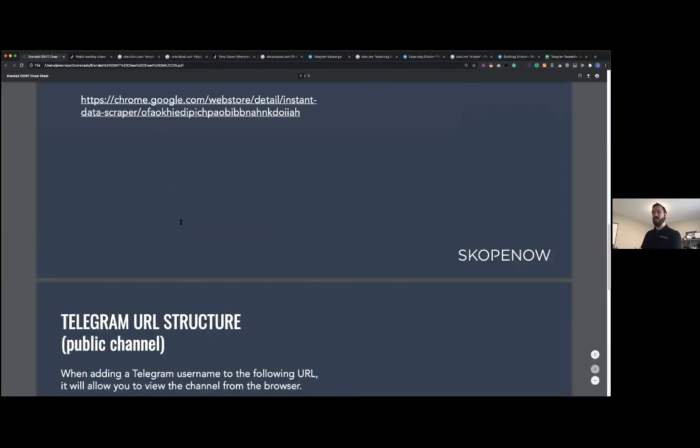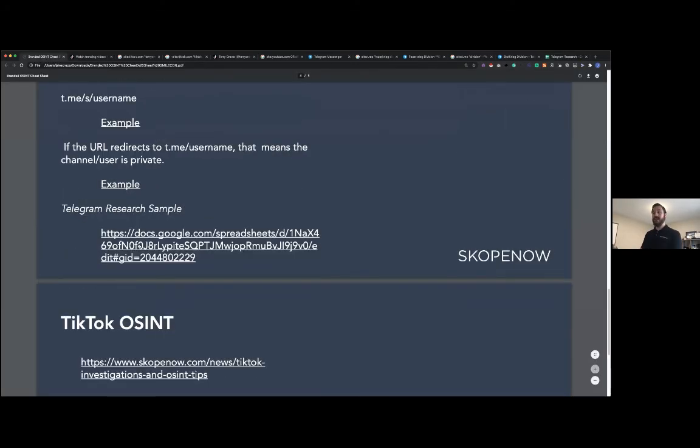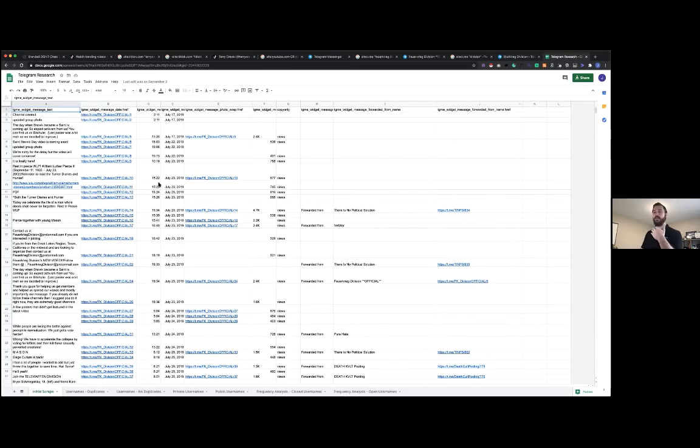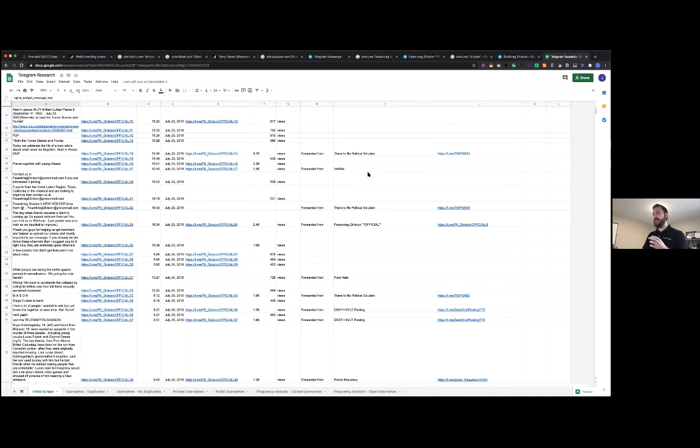And on this cheat sheet, you can reference this. I have it linked here as well. So you can just kind of look at the handout and look at what I've already done with it. Here is the list of everything we pulled. And like I said, it's pretty raw data and it's kind of hard to see what's going on here. But as you look a little bit closer, you'll see that there are different links here. And there are links to different channels that aren't the ones that we saw before. So if we just look here,